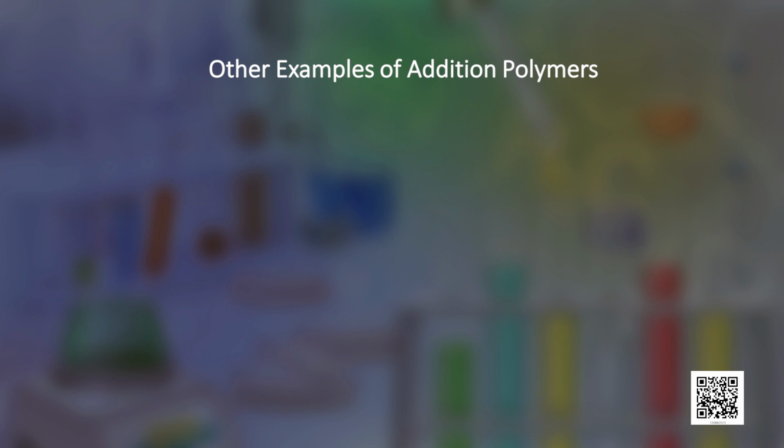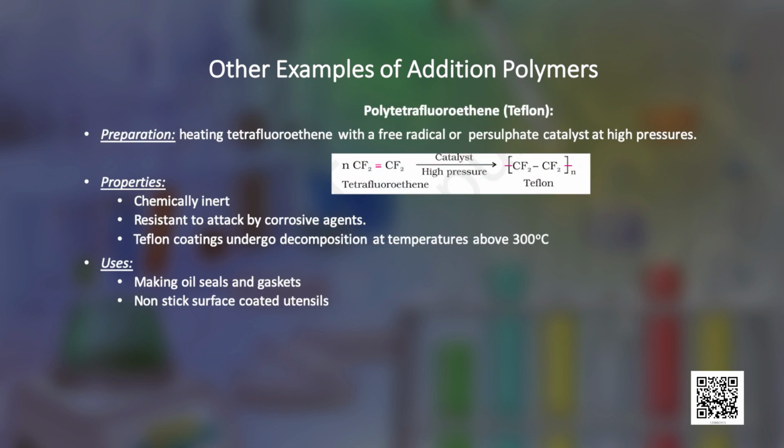When we talk about other addition polymers, the other common one is Teflon, which is polytetrafluoroethene. It is manufactured by heating tetrafluoroethene with a free radical or persulfate catalyst at high pressures. It is chemically inert and resistant to attack by corrosive reagents and therefore finds its use in the making of